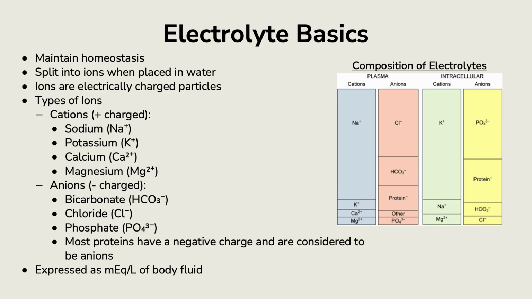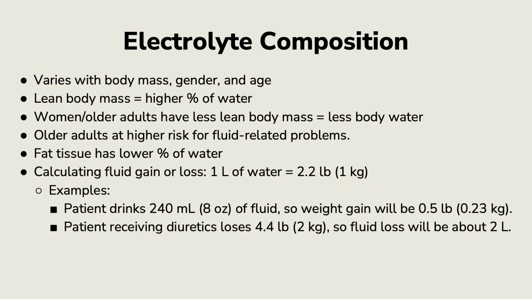Now electrolyte concentrations differ between intracellular and extracellular compartments. Potassium is a major intracellular cation, while sodium is a major extracellular one. This difference in electrolyte distribution is critical for normal cellular function and electrical activity. There's a reason why potassium is intracellular: it does its job inside the cell. Sodium is extracellular. It has a role outside the cell. When electrolytes are in places where they're not supposed to be, you're going to have imbalances.